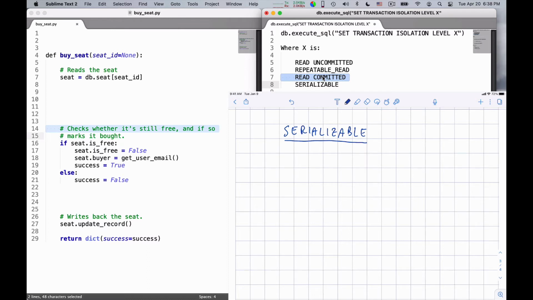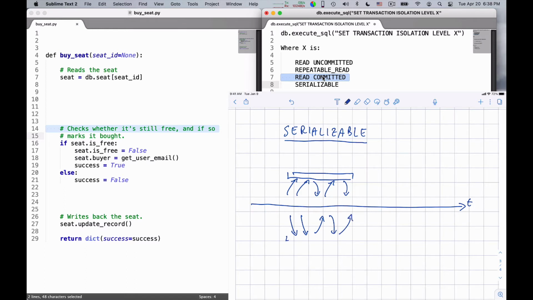Serializable access means this, that you can have your own reads and writes, and you can do something very complicated. So this is your process. Okay, this is time, and this is another process that can also read and write and read again and write again and then commit.